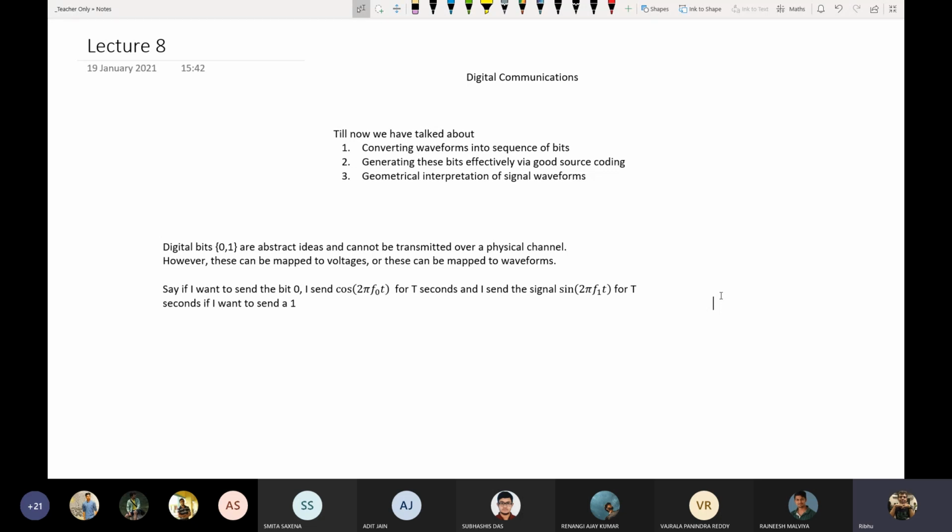Yeah, Shubhashish, want to say something? Sir, yes, sir. The second part, this 1, 2, 3 that you have stated, the second is the DPCM, right? Yes. So then what was the first part exactly? Previous semester, sampling, quantization. Yes, sir.